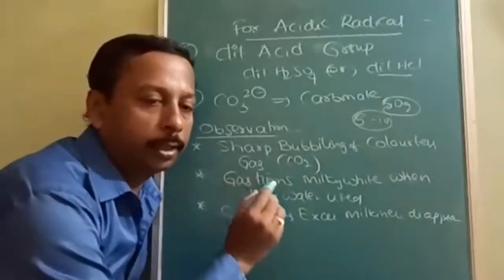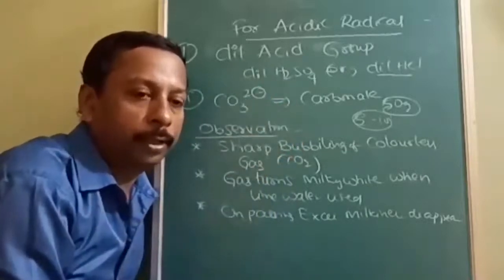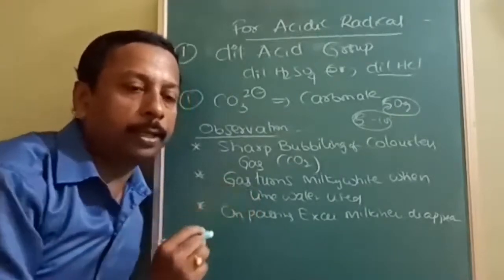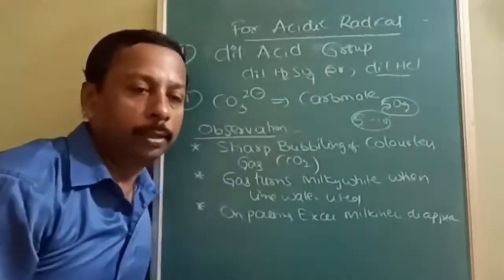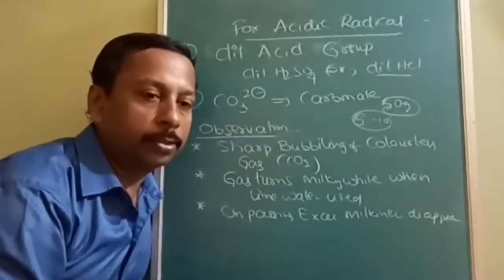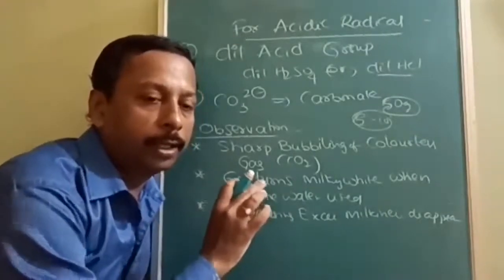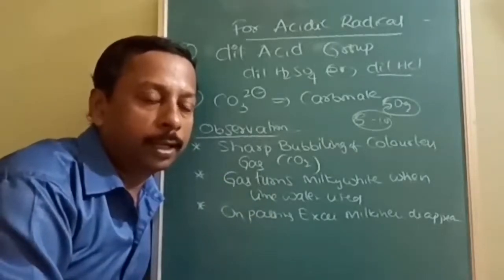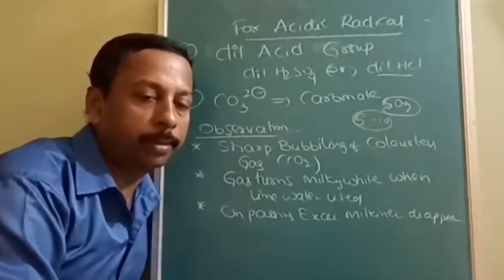Take that salt in a test tube. To that, add dilute sulfuric acid. If any type of characteristic gas is emitted, that means it belongs to the dilute acid group. That is only a group confirmatory test, not an ionic test. If any gas is emitted, we will come to know that it is one of the dilute acid group. But which is the anion present? There are many anions, acidic radicals, present.